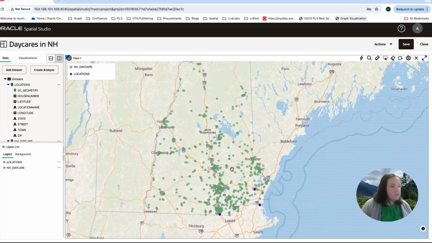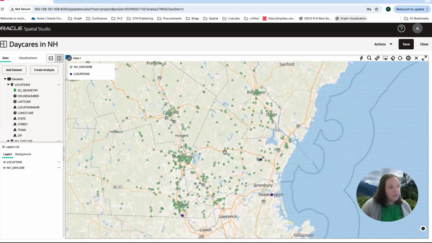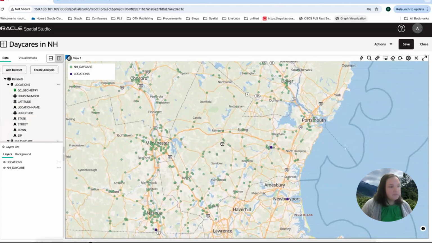And then these blue dots are our pretend locations. So this is actually the Oracle office. This is where I'm pretending that my husband works. And this is another location that we're interested in that we would potentially want our daycare to be near or